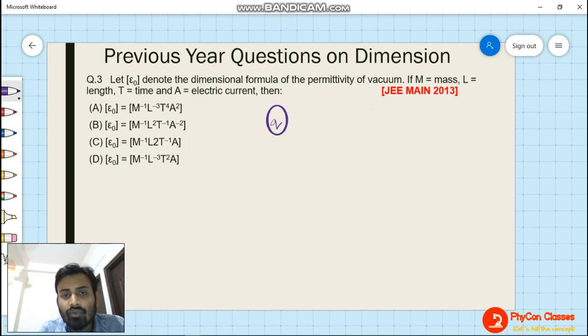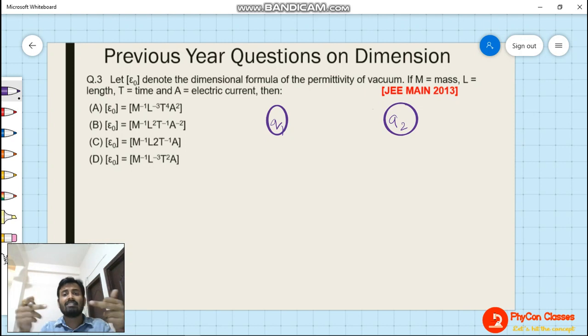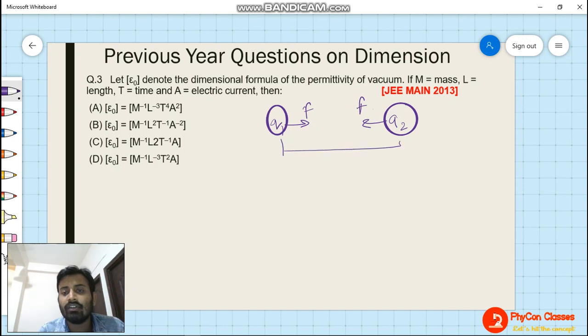Let's suppose we have two charges, Q1 and Q2. Positive and negative charges are there, so either it is positive or negative. We don't know which. So Q1 and Q2, we have two charges. Let's suppose both the charges are unlike charges. Unlike charges means if one is positive, the other will be negative. If one is negative, the other will be positive. In that case, both the charges will attract each other with some kind of forces, and these forces are called electrostatic forces.